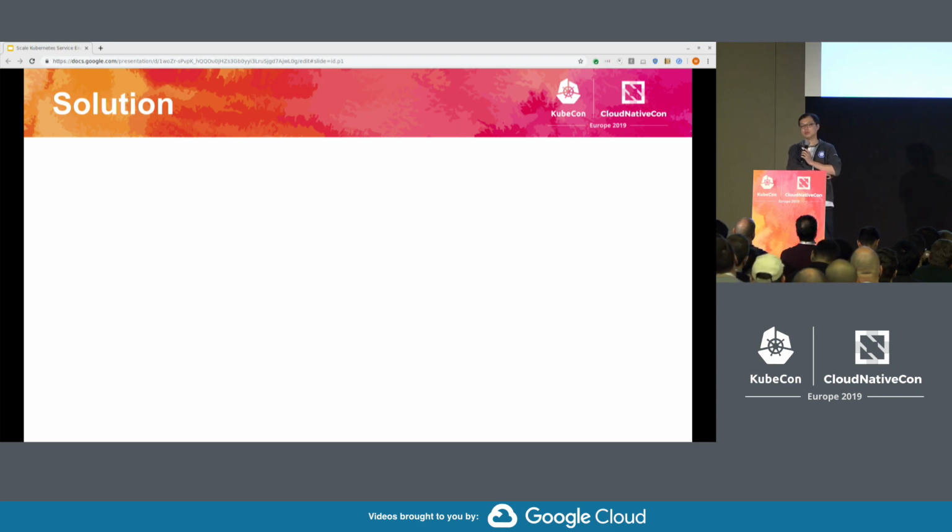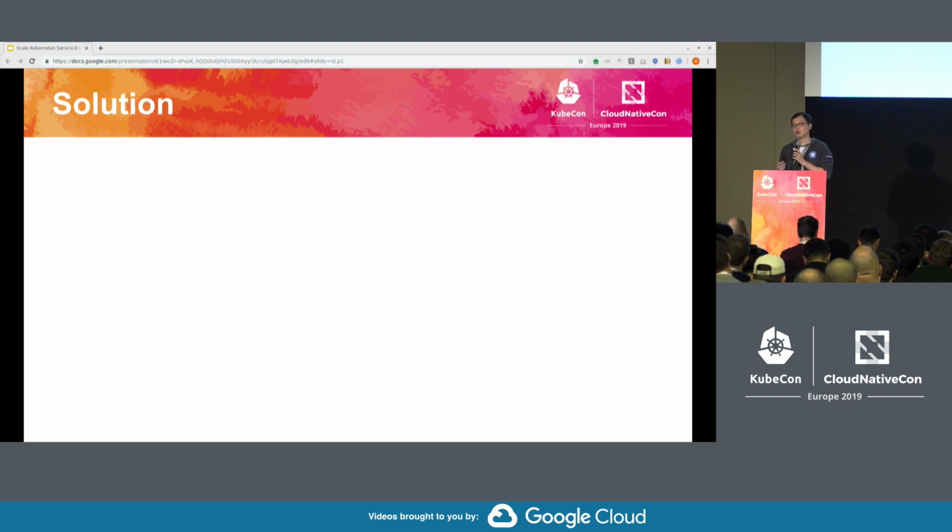When we started looking for solutions to the scalability problem we are trying to address, during the brainstorming we identified several directions we can take. First, what if we just enhance the API machinery to optimize for certain cases? Or we add some kind of dynamic batching or rate limiting mechanism in the service endpoint update pipeline.